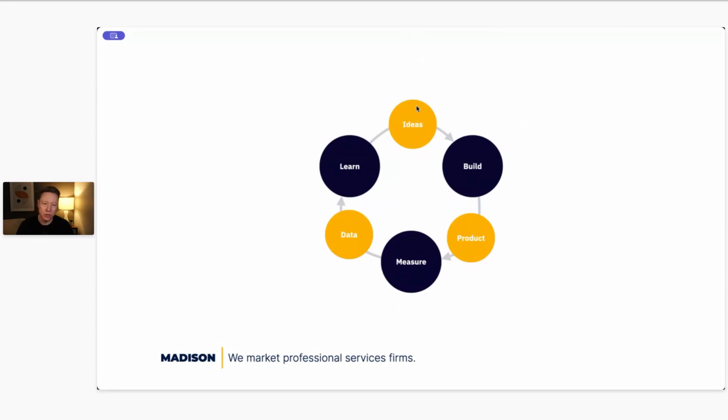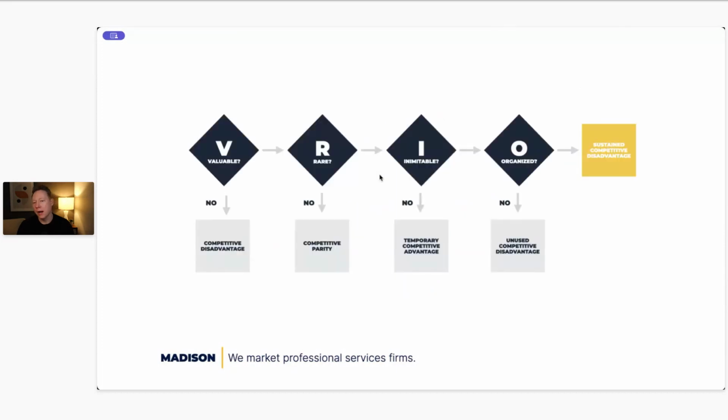This is the build, measure, learn loop. So if you have a loop-based model, this is a way of visually representing that. This is from Eric Ries, the build, measure, learn loop from Lean Startup parlance. There's 3 activities, and then there is kind of exhaust from that. So we learn stuff that generates ideas. We build those ideas into our product. We measure them and use the data to inform our new ideas, and so on and so on.